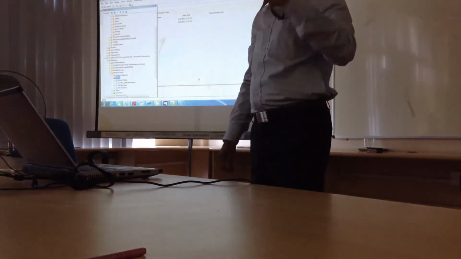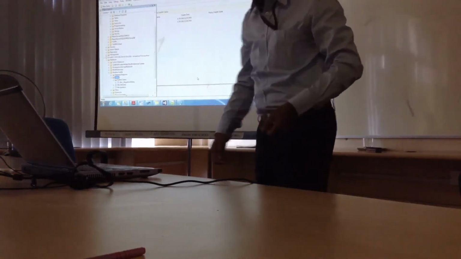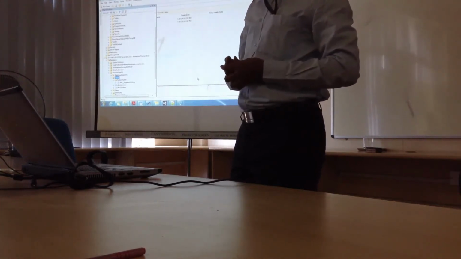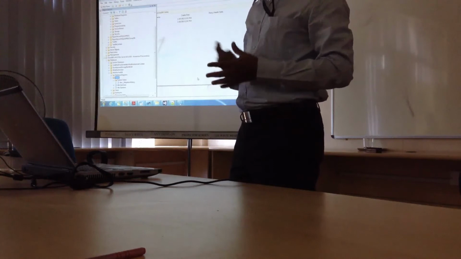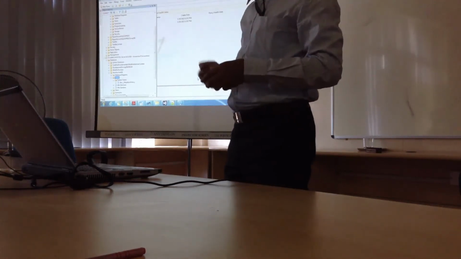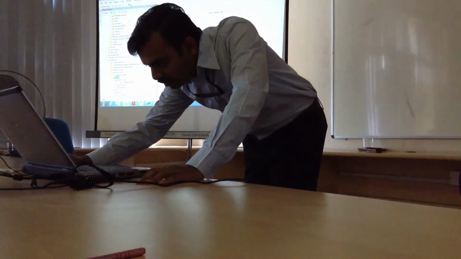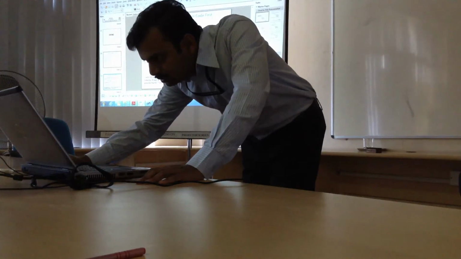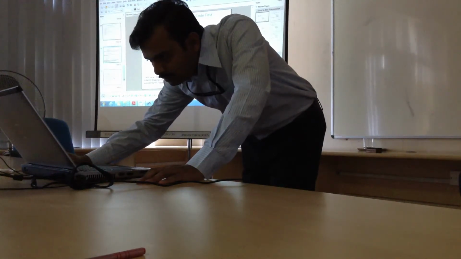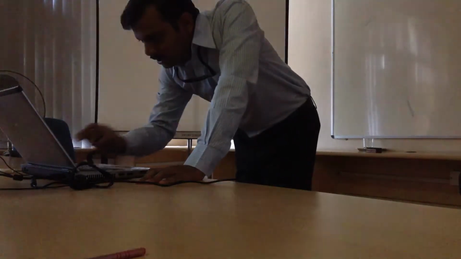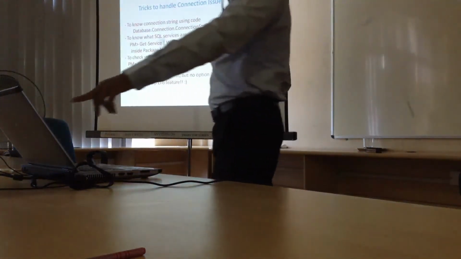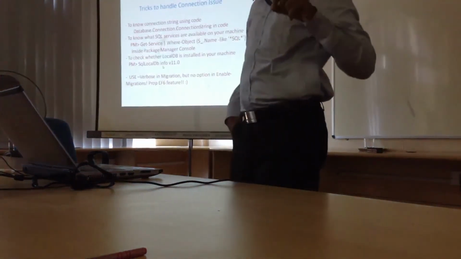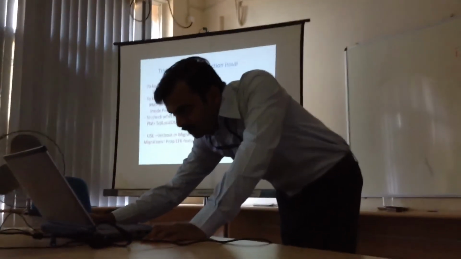But most of the time, how can you know? There are some commands you can run here to know whether my SQL Express is installed in my machine or not, whether my LocalDB is installed in my machine or not. For that reason, we can run some command lines to know this. A different way to know this is to write the database connection's connection string in code also, to know what connection we are using, right? So another way to know actually,